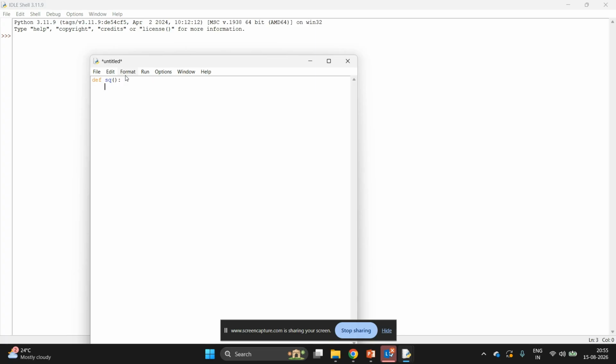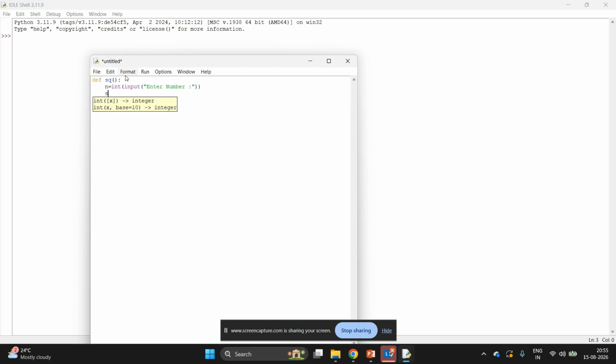So for the square of a number, what do we need? Read input from the user. In the n variable, I want a number, that's why int. We want to read it from the user, that's why the input function. What message do I want to give? Enter number. Okay. After that, what do I need to do?